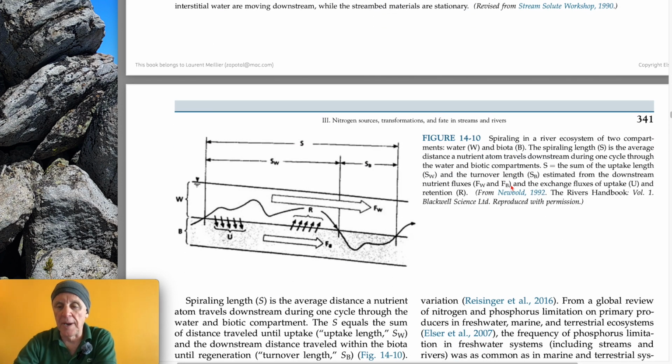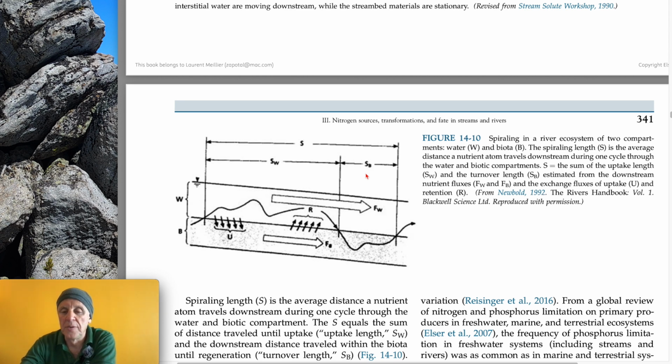Figure 14-10, spiraling in a river ecosystem of two compartments, water W and biota B. So water is W and biota is B. The spiraling length S, right here, is the sum of the uptake length SW and the turnover length SB. SB is right here. So S is the sum of the uptake length SW and the turnover length SB, which is right here,